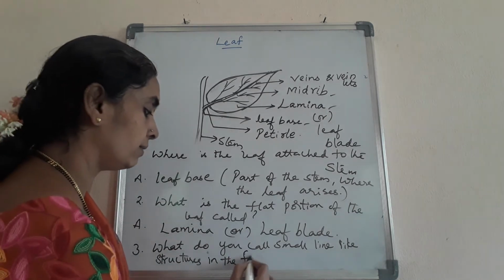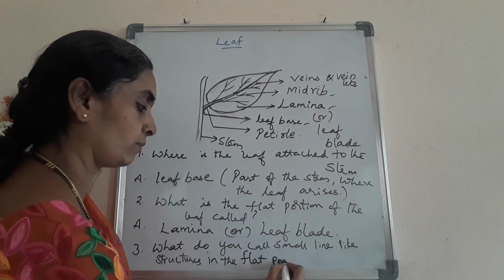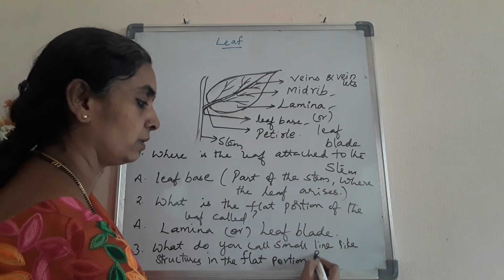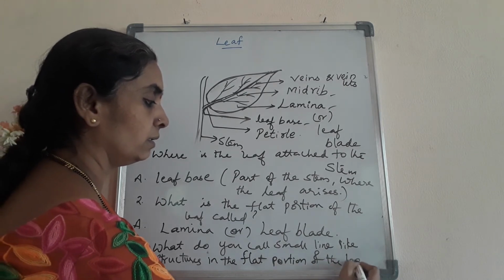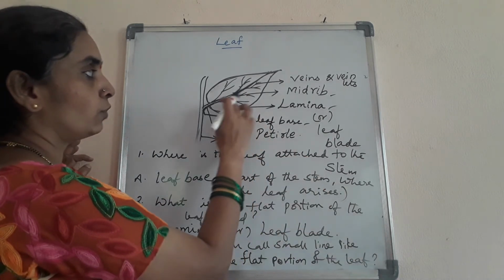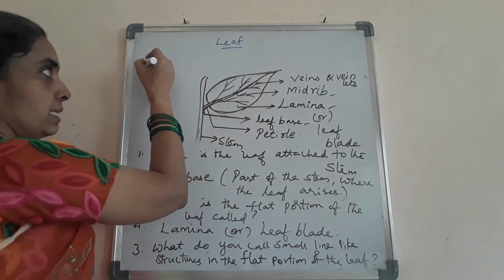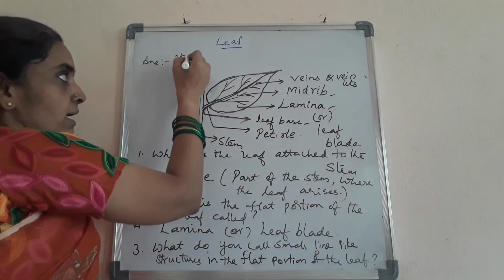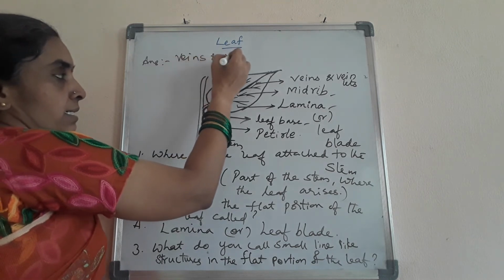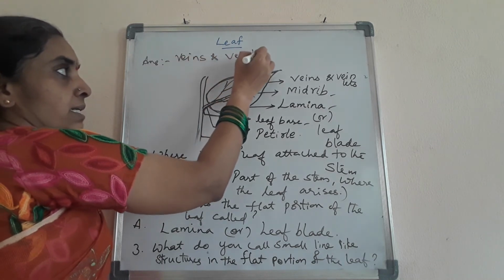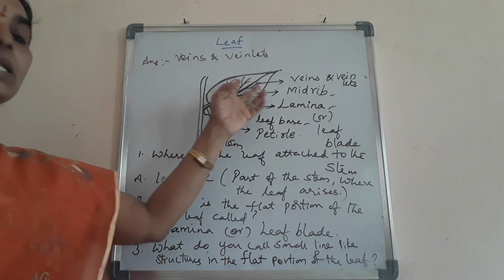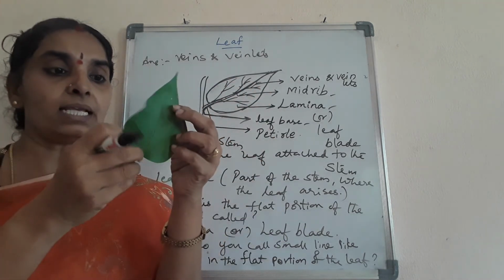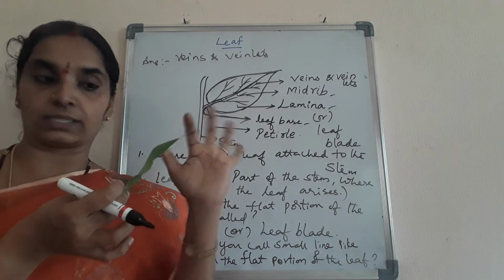In the flat portion of the leaf, I have already written in the second question. What are they called as? What is the answer for that question? Veins and veinlets. Now we can say that these veins and veinlets form the skeleton for the leaf. So if there are no veins and veinlets or the midrib,